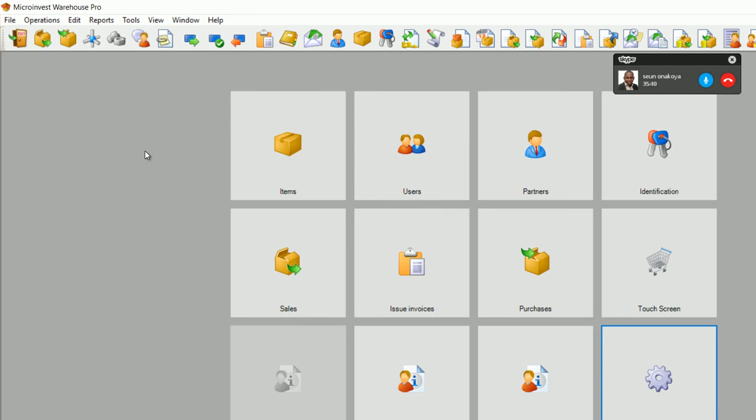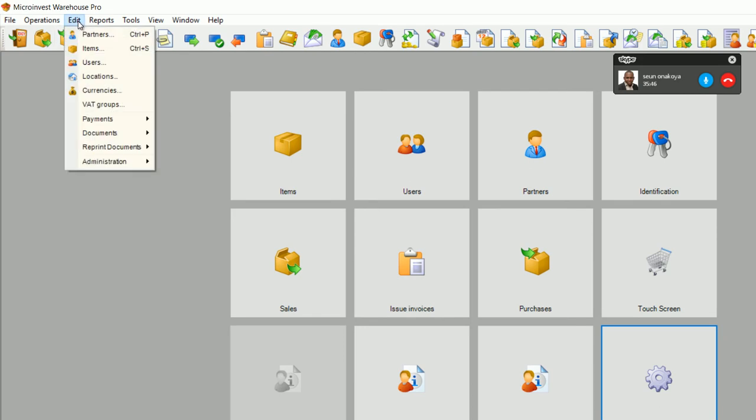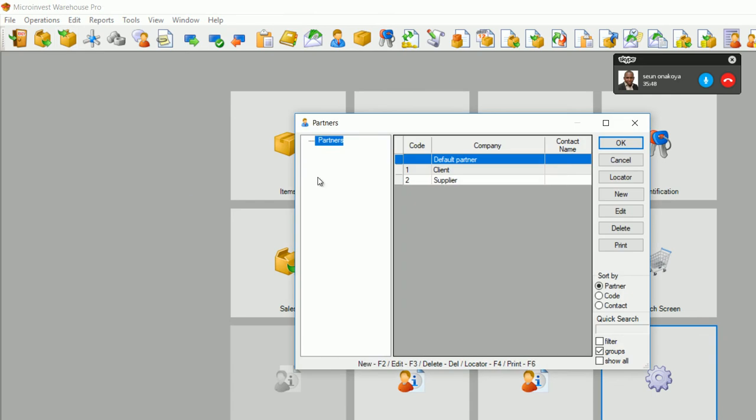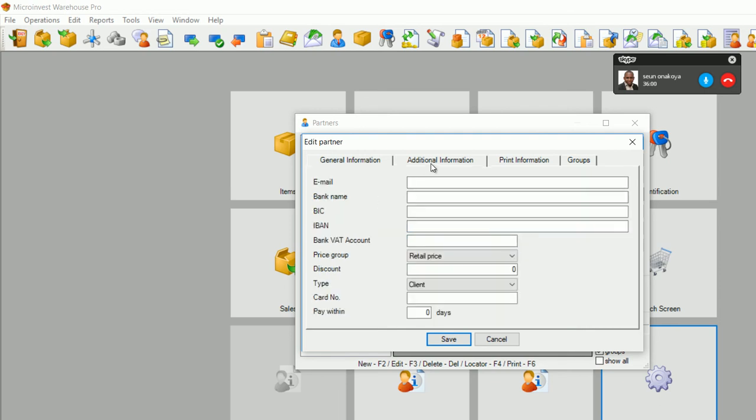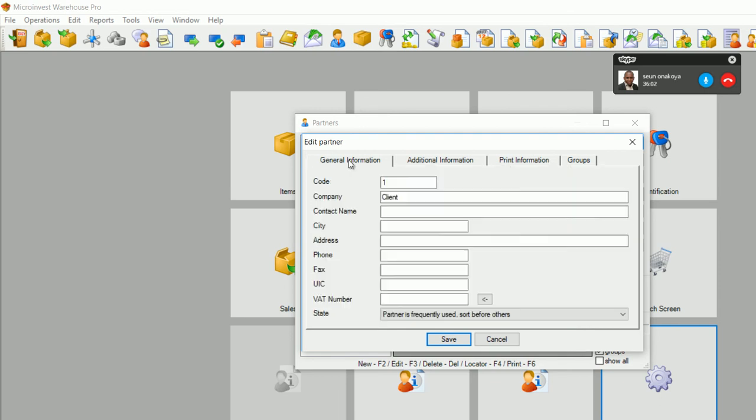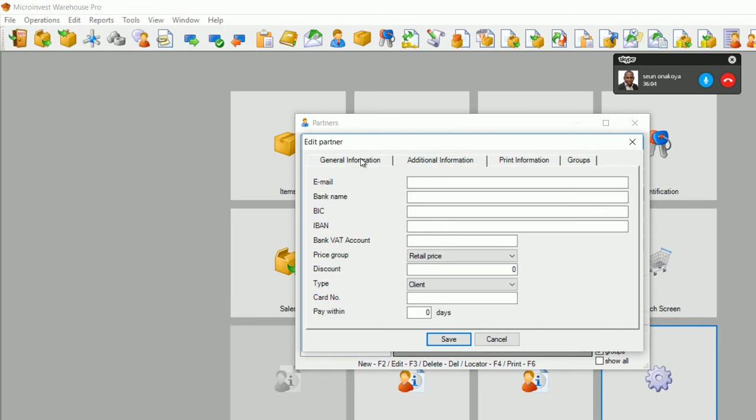Next, what I want to tell you about is the creation of nomenclatures. We go to the edit. In the partners, we have our client and our supplier, which we created. Here we can specify a lot of information about our clients: contact name, city, address, phone, and more. The first client has to be created with the retail price, type client,